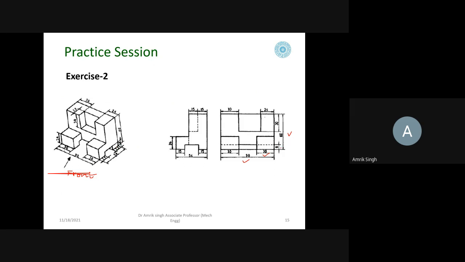So this you have taken. And from the front, this edge will not be clear. It will be hidden. So this is a hidden line.